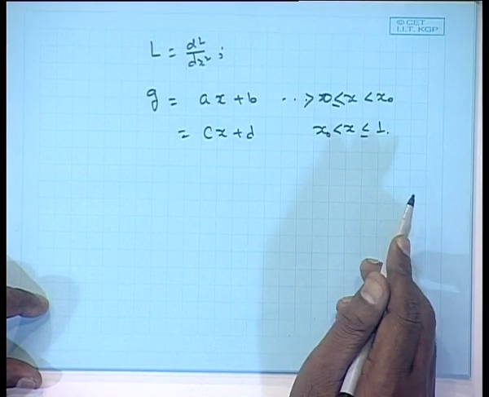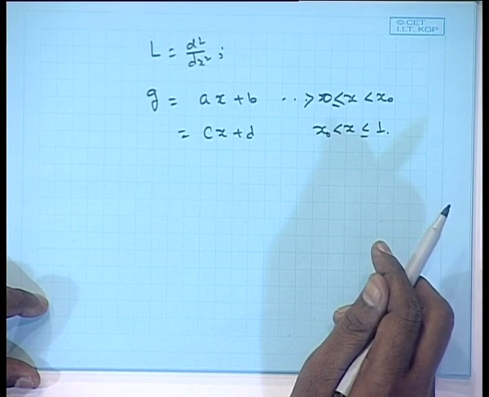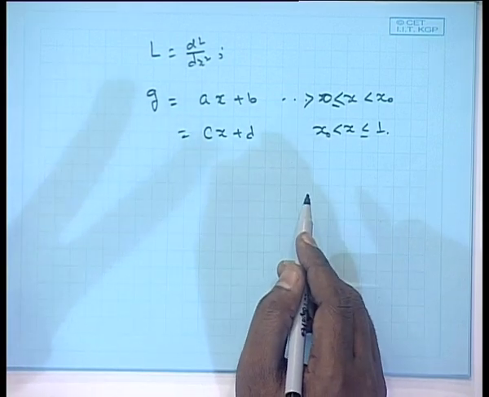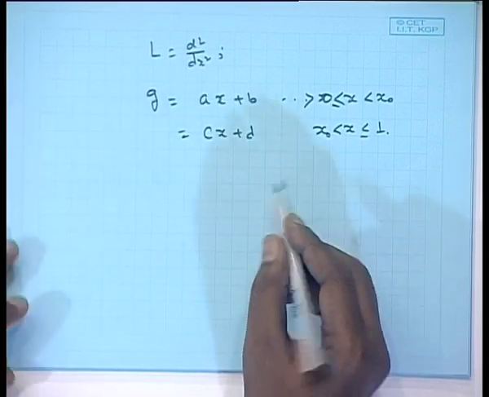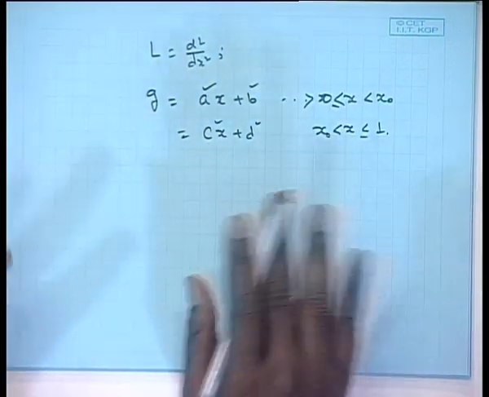Now, you have the boundary condition specified at x equal to 0 and x equal to 1. At x equal to 0, it is G equal to 0, and at x equal to 1, it is dg dx equal to 0. And you have 2 more conditions, one on jump discontinuity and another on continuity. So, we can find out A, B and C, D. It will be in the sum form, but determinable form.